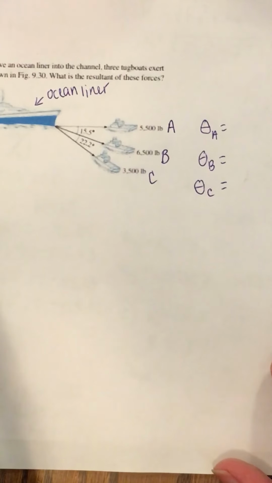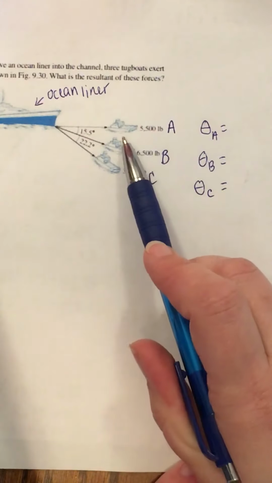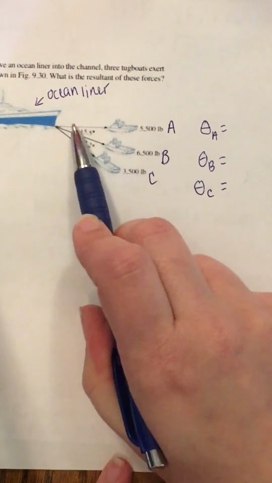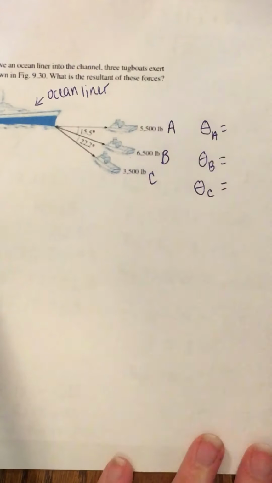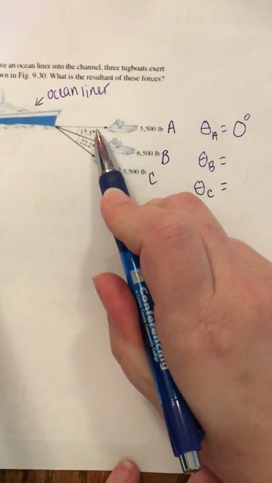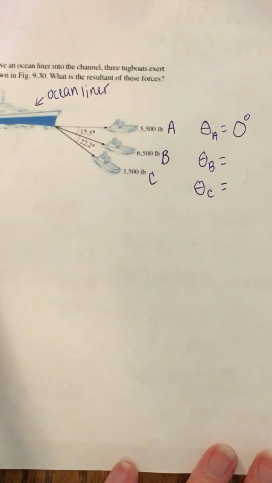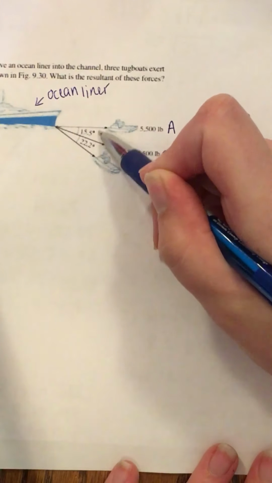All right, that was off the screen a little bit. So if you look at this, since A is going straight towards the east, right, its angle in standard position there is 0 degrees. B, we see that it's 15.5 degrees